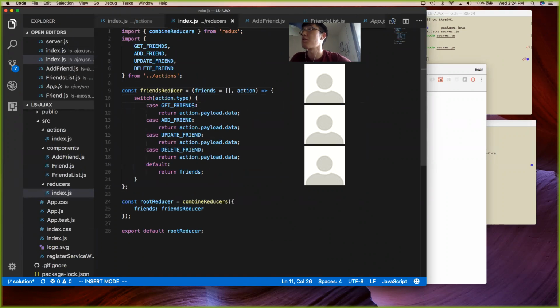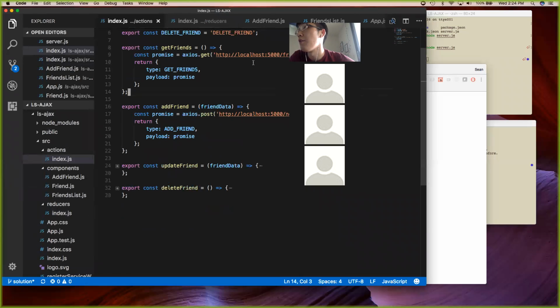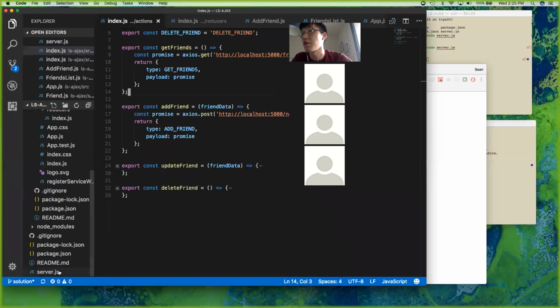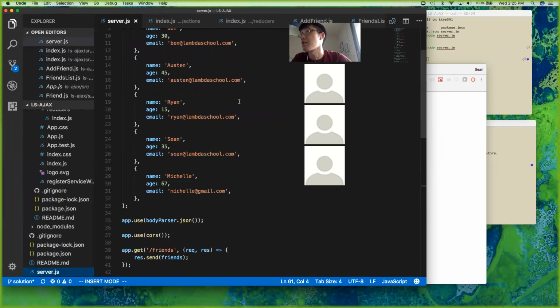So it's actually, the reducer here is much more straightforward than what would actually happen if we were doing a Redux application that didn't have access to an external server. But in this case, you can think of it as the server is now holding the state for our application, right? So if you have looked inside of the server.js file, and you definitely should as part of this assignment,